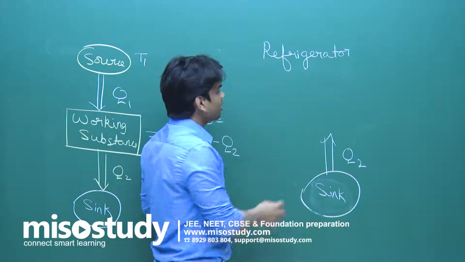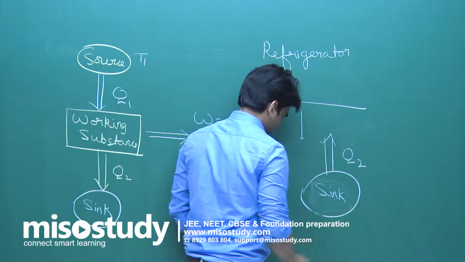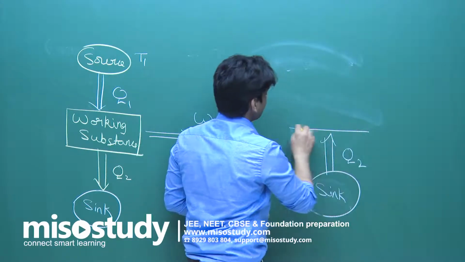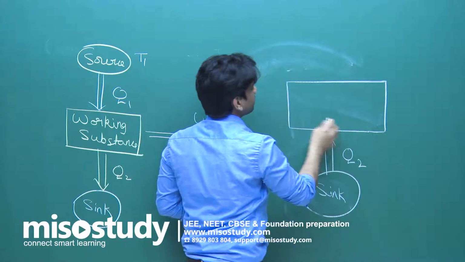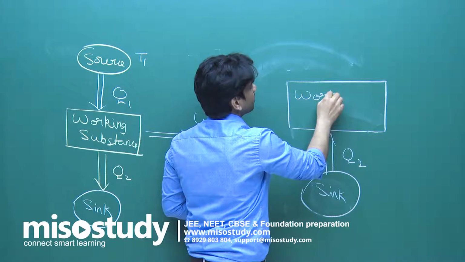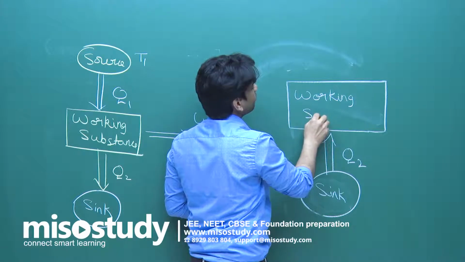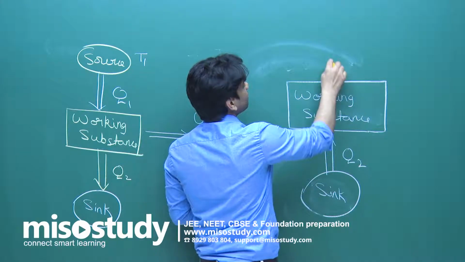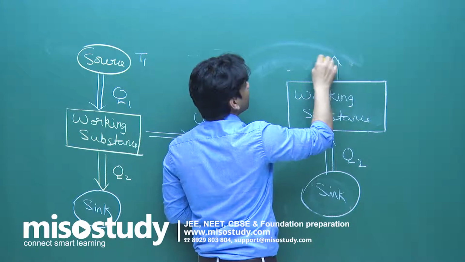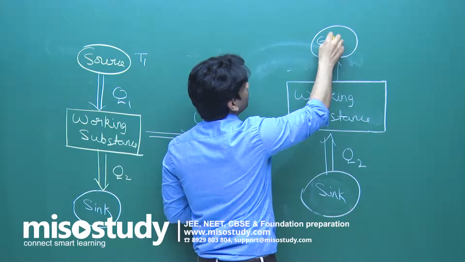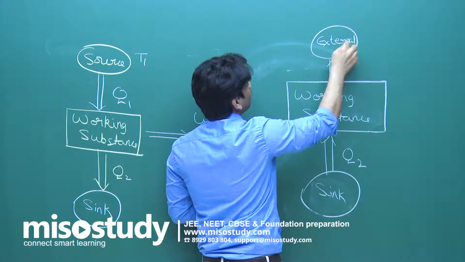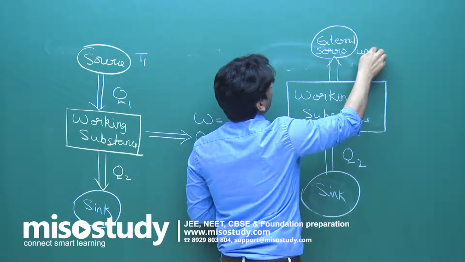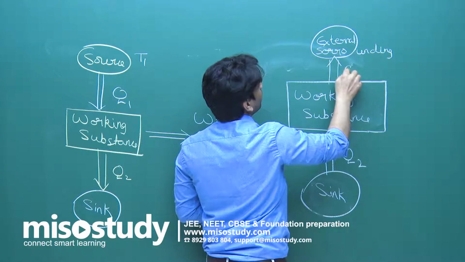Q2 amount of heat is taken. There is a working substance on which work has to be done, and it will reject Q1 amount of heat energy to the external surrounding. I am just moving out of this diagram, just take it that it's the external surrounding, where Q1 amount of heat is